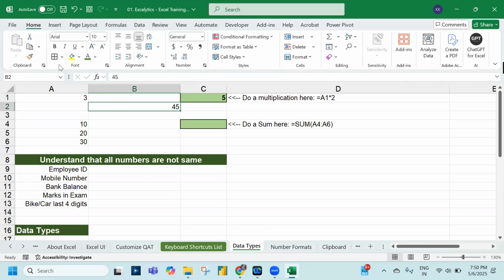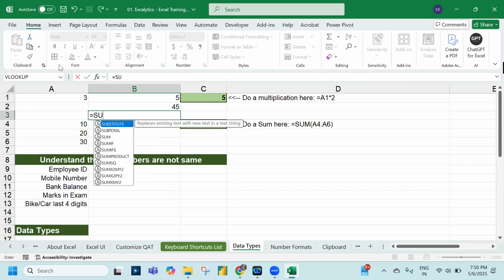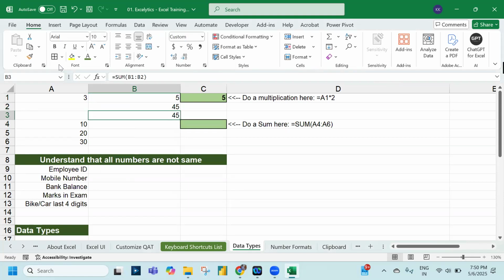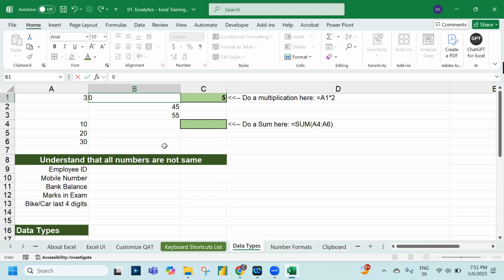This is 45. This is 5. How much is the total? But it says 45 only. You know why? This 5 is not 5. It's 0. I entered 0 actually there. But other than 0, you enter any value, if I input 10 there, it works, 55. But if I input 0, instead of showing 0,